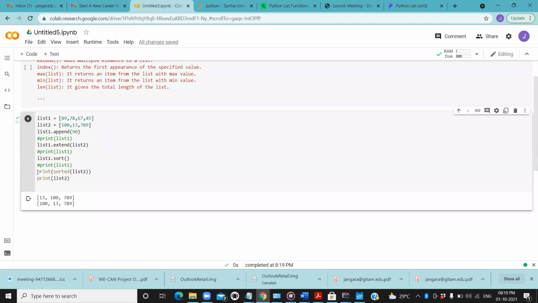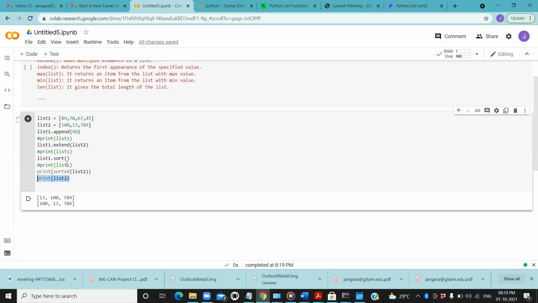But after sorting, it is displayed as 13, 100, 789 in ascending order. Only the sorted list is displayed as output, but the elements of the original list remained as they are, like 100, 13 and 789 only.